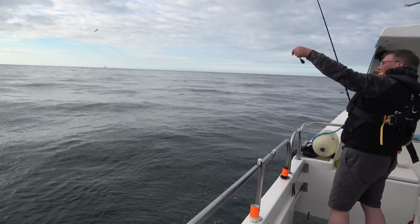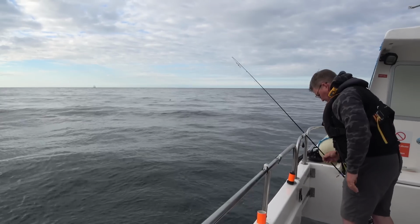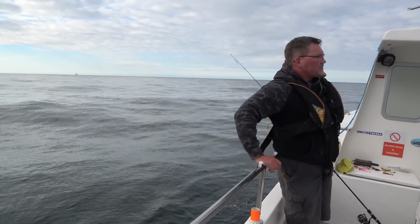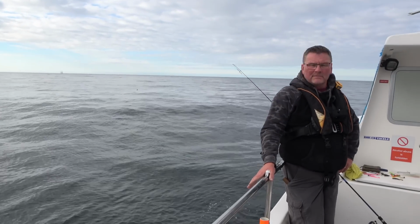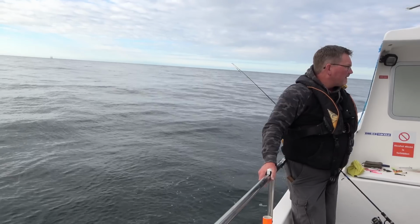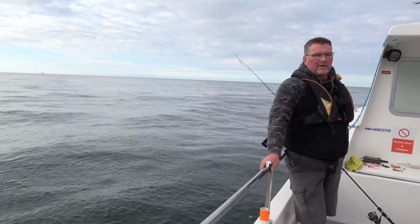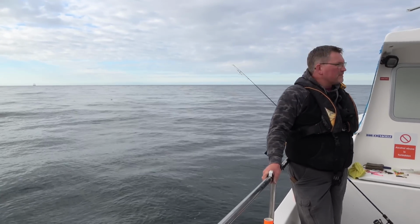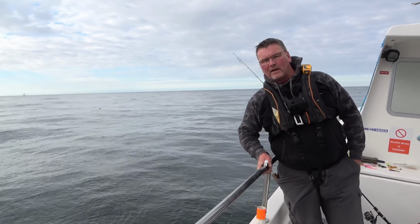Right, what are we going to do? It's gone quiet here. In other words, to run back down to where we started off. There's still a bit too much tide to go and try a wreck. I think we'll run back down towards Sand's End. Have a go down there again. And see if it has just...